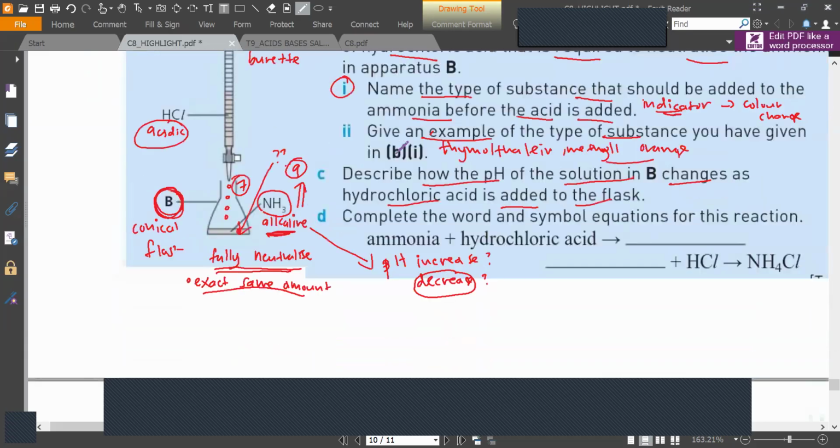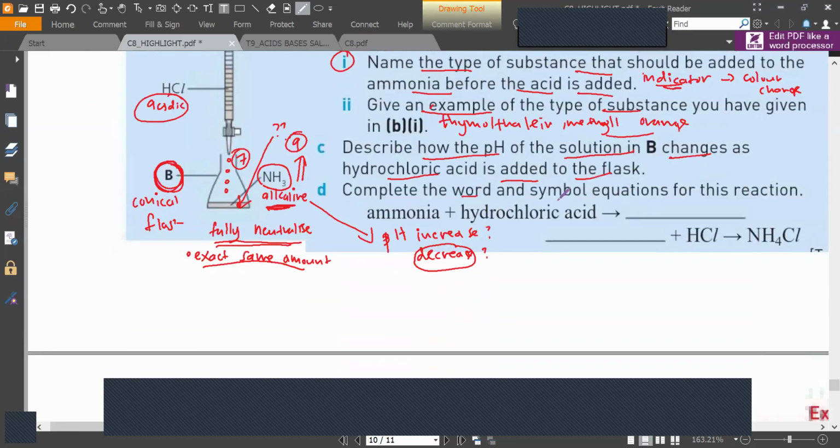Next. Complete the word and symbol equation. So we have the word equation, and this is the symbol equation. Word equation: ammonia plus hydrochloric acid. So hydrochloric acid is here, HCl. Ammonia,